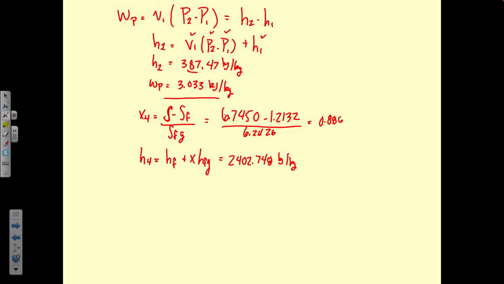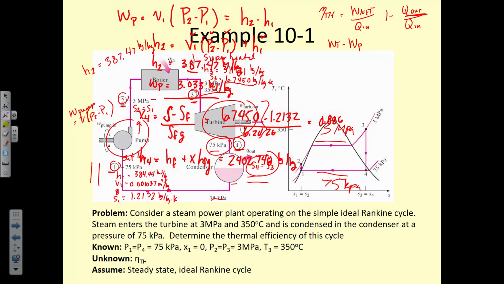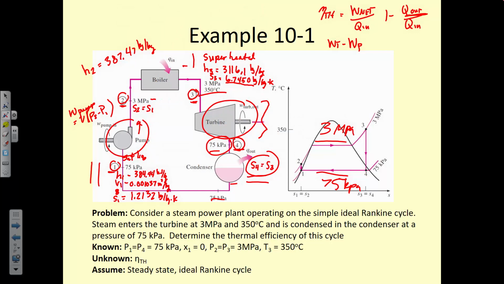Unless I made a typo. Both are at 75 kilopascals, so it has to be the same. That's why. It's by design. Okay, so now we know H4 is equal to 2402.748